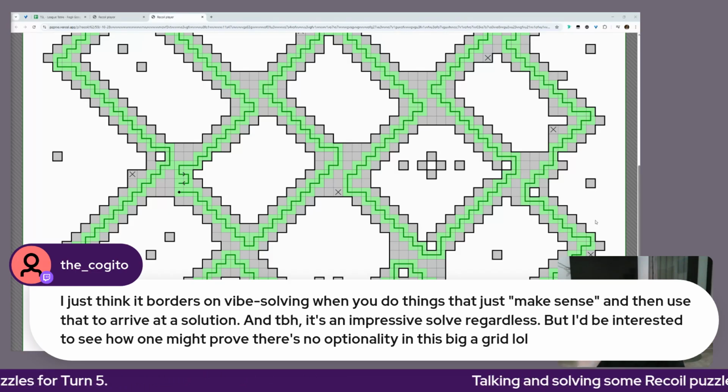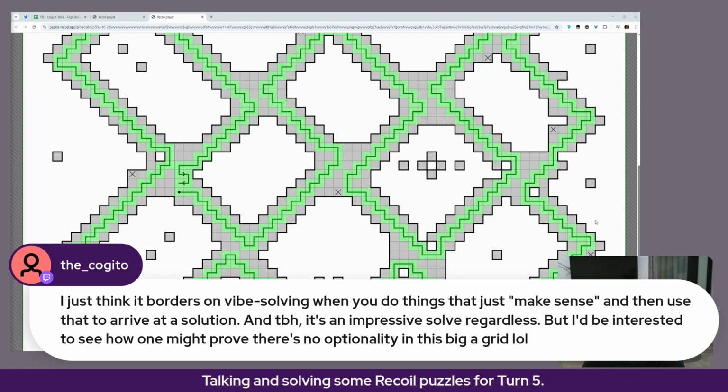So somehow I understand why the puzzle is so big, and at the same time I understand the logic that is behind,